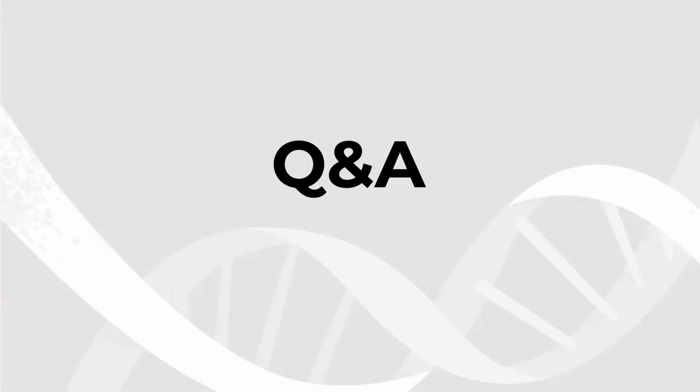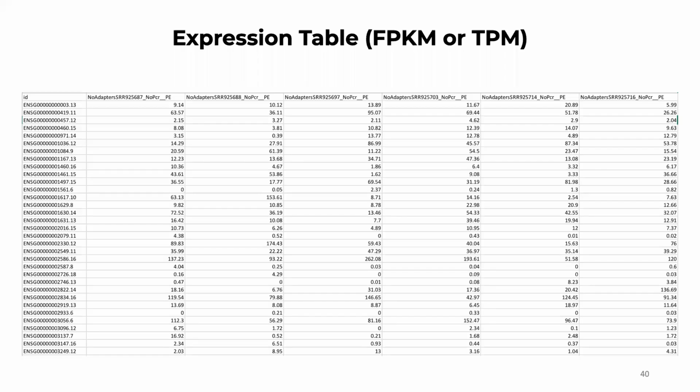Let's briefly think about what we do after we get the table of expression. The table of expression represents samples, which are going to be the column names. So this is the name of a sample. A lot of times,